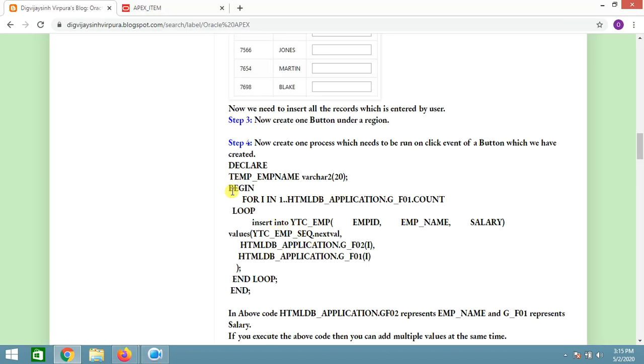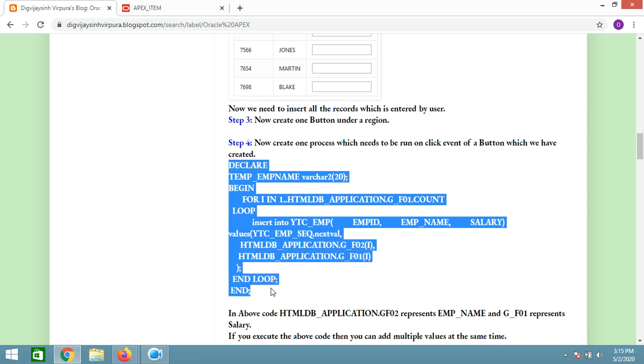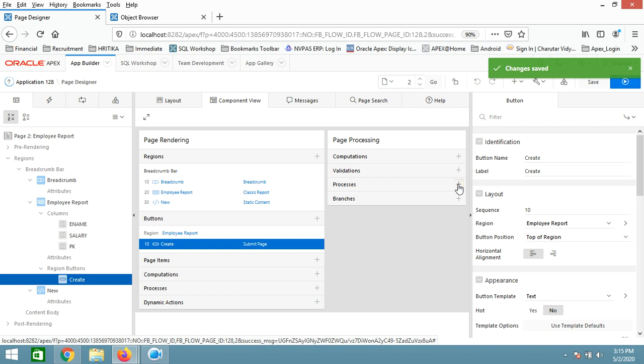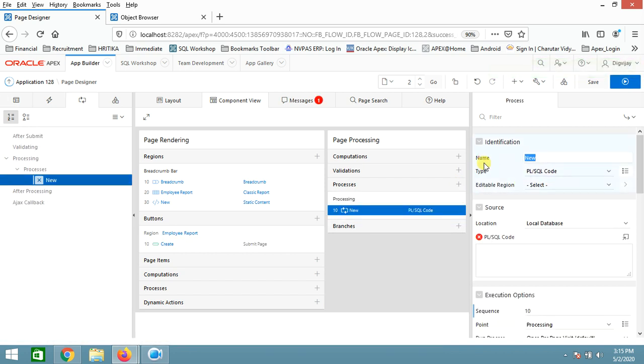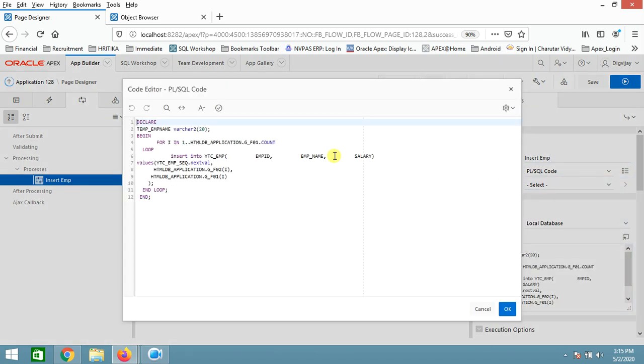So for that I already created a process. So let us create one process over here. It would be insert emp, and code would be this. So let us understand the code which I have written. I have declared one temporary employee name, and I'm running a loop like for I in 1 to htmldb.application g underscore f01.count. So f01 is nothing but